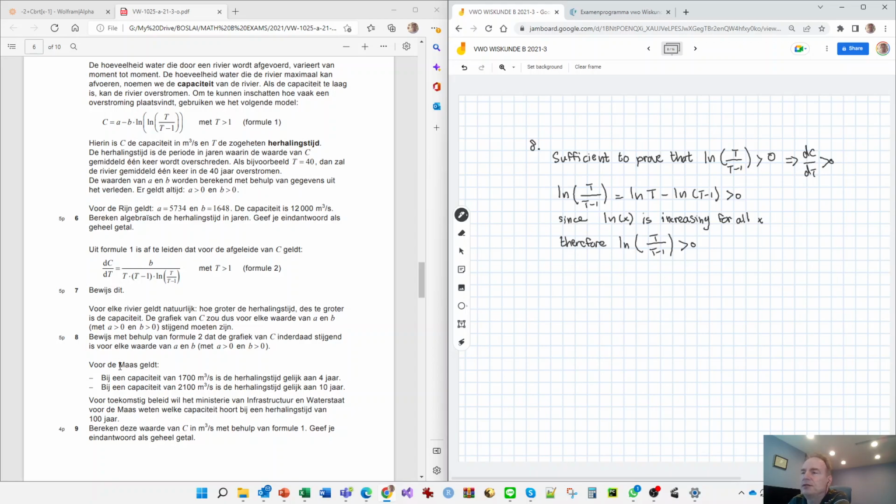And then there's another river, the Maas, in the Netherlands. If this is the capacity, then we have a 4 years repeat time. And if this is the capacity, then this is the repeat time. It's interesting why it has two capacities, because it's kind of the maximum. But okay,